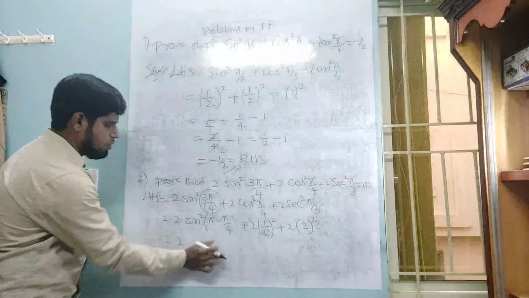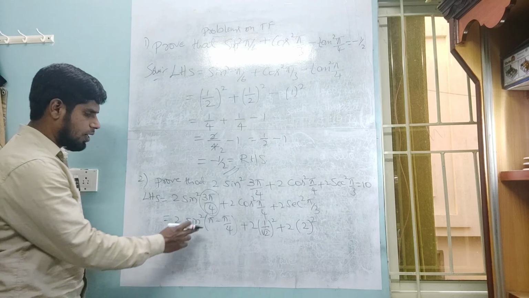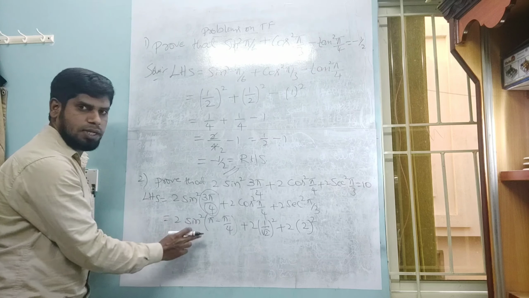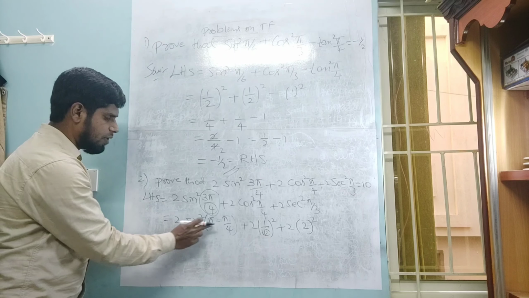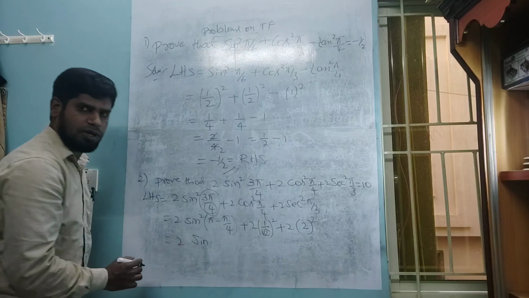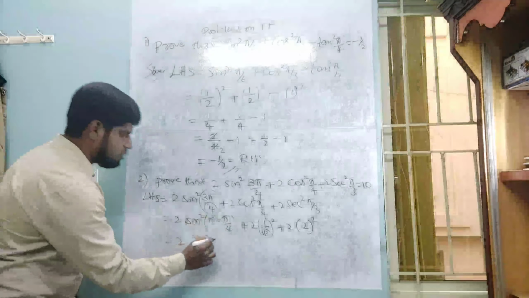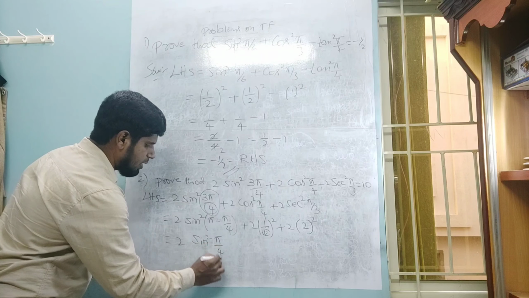So student, here sin(180 minus theta). According to the allied angle and ASTC rule, in the second quadrant sine is positive, and since it is 180, sine stays as sine. No change in the function, and the square stays as it is. The quadrant vanishes, and the standard angle remains.